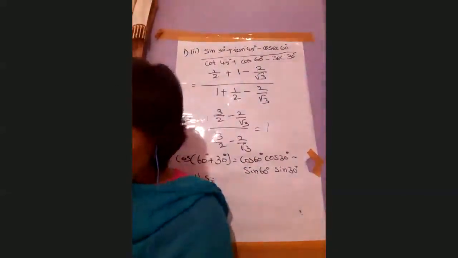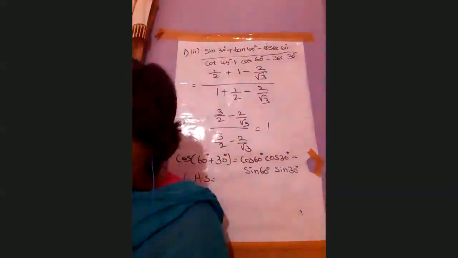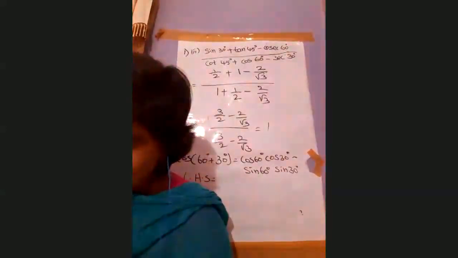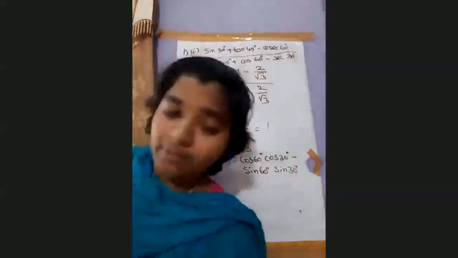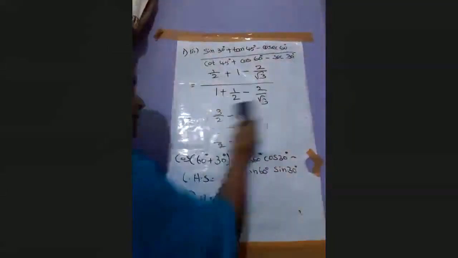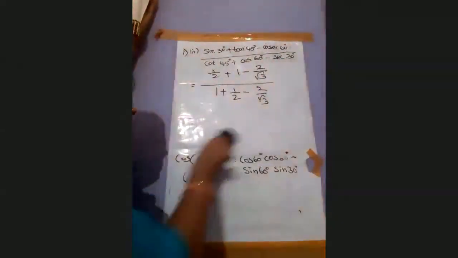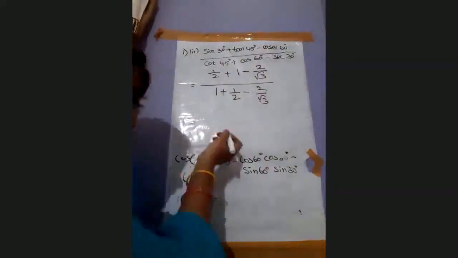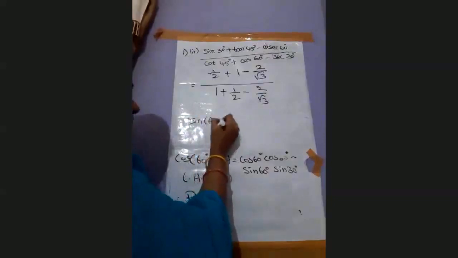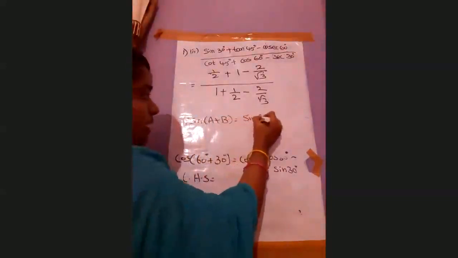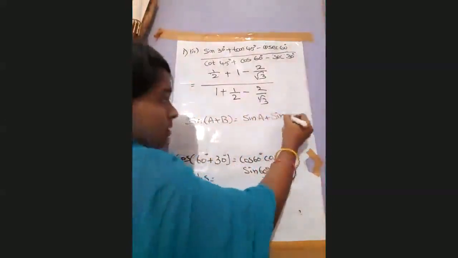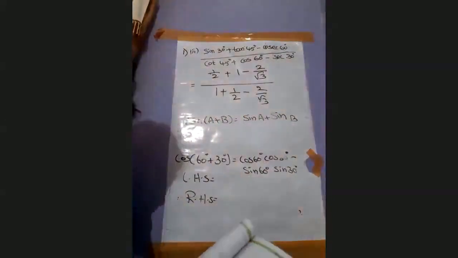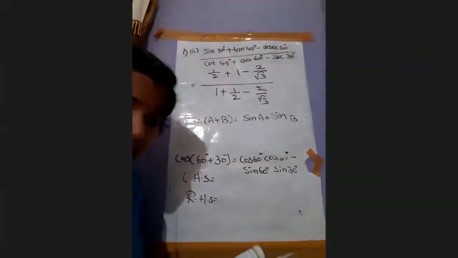So see the 7th problem. They have given: is it right to say that sin of A plus B is equal to sin A plus sin B, right? So 7th problem. Is it right to say sin of A plus B is equal to sin A plus sin B? I am asking whether there is a chance to make these two equal. So how should we do it now?